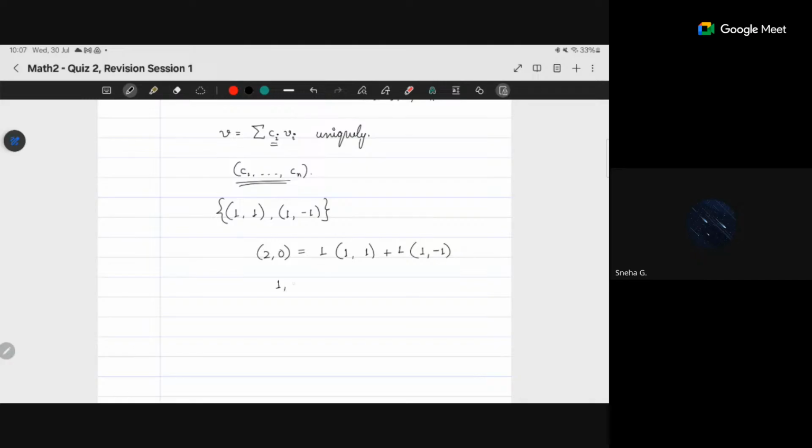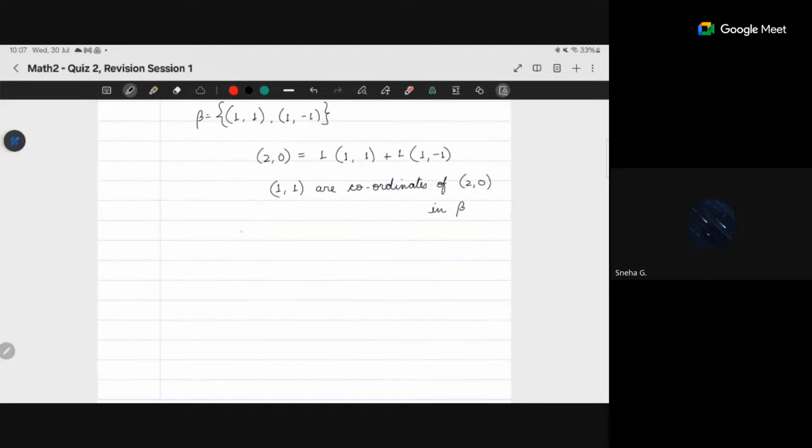So 1, 1 are the coordinates, the coefficients, of 2, 0 in this basis. Let me call this basis beta. Now if I tell you 2, 3 are the coordinates of some vector v with respect to beta,